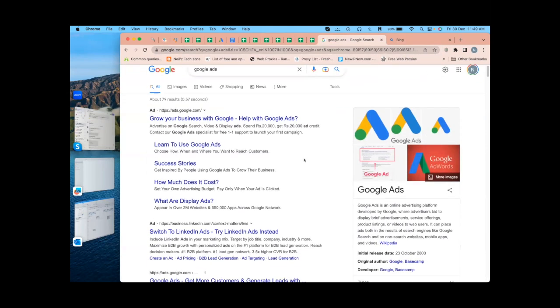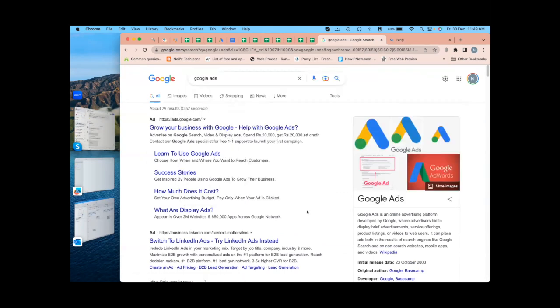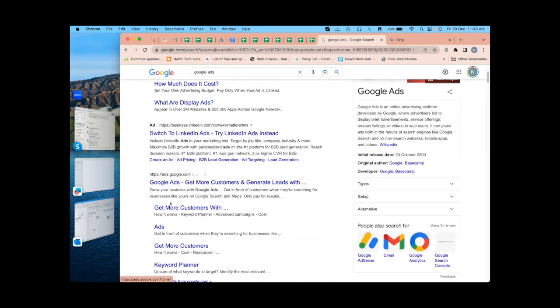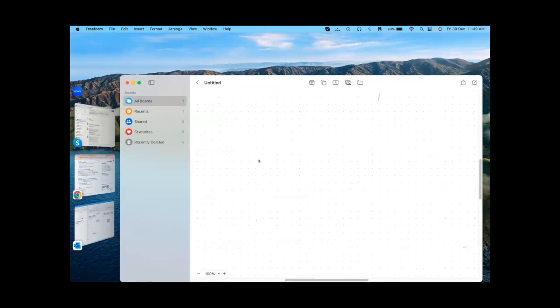Whenever you put in anything, that is called a query. Now whenever you put a query you get two kinds of results. One is at the top where you will get ads, these are paid, and apart from the ads, these are organic search results. In any Google search, or even Bing search, any search engine, when you search for a query,